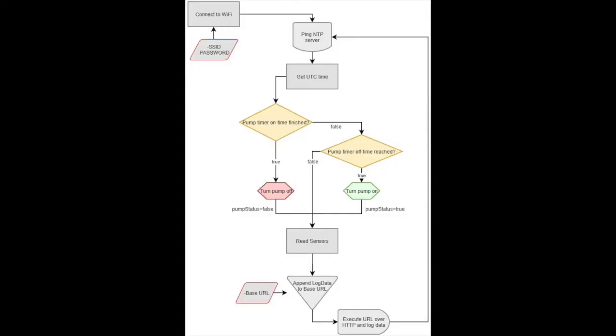The ESP32 first obtained the UTC time. It then checked whether the pump should be on for 30 seconds or off for 2 minutes. It then read all sensor data, compiled a packet of information which was then sent over the internet to the corresponding Google spreadsheet. However, due to limited resources and time, a scalable practical model is very limited,